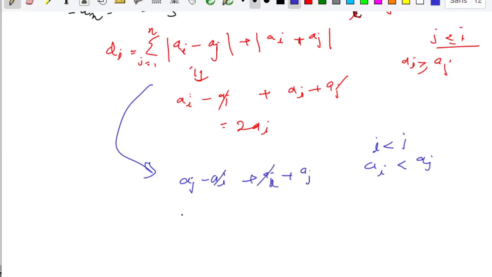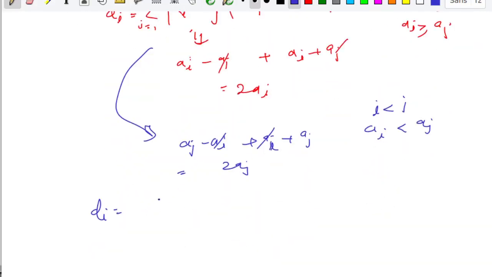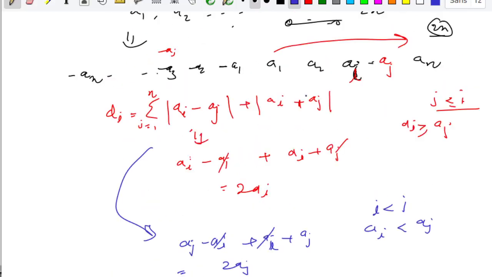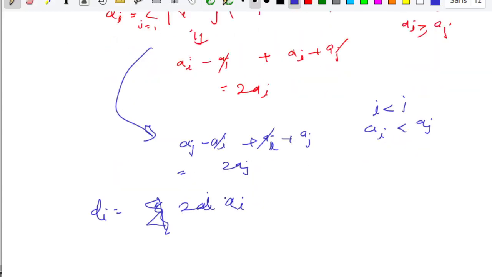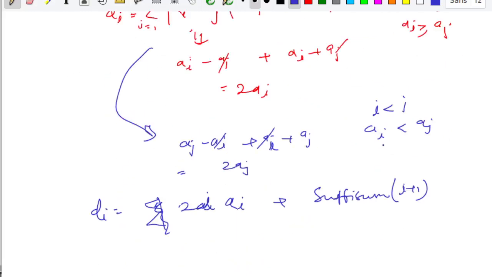So ai is cancelled, leaving 2aj, so we can write di as the summation of 2i times ai, because for each j less than or equal to i we will get 2ai, so there will be 2i ai, plus the suffix sum from i plus 1, ai plus 1 to an, and this is twice, because you can see that it is 2 times ai plus 1, ai plus 2, and plus an.